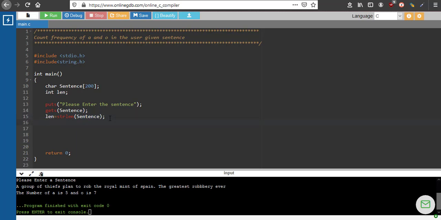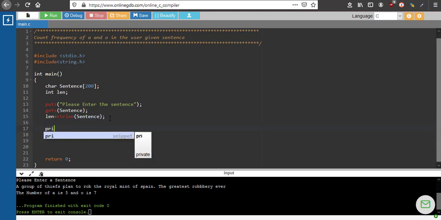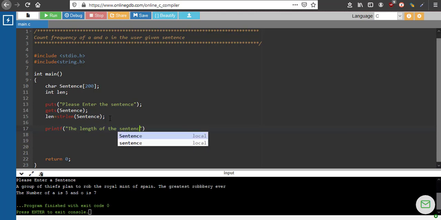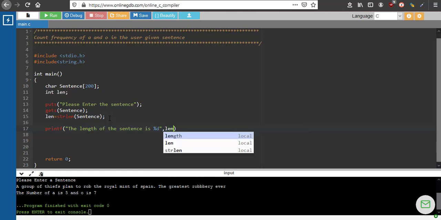Okay, now the variable len will have the length of the sentence. Now we'll just check that. Printf the length of the sentence is %d, the identifier for decimal, len, right?